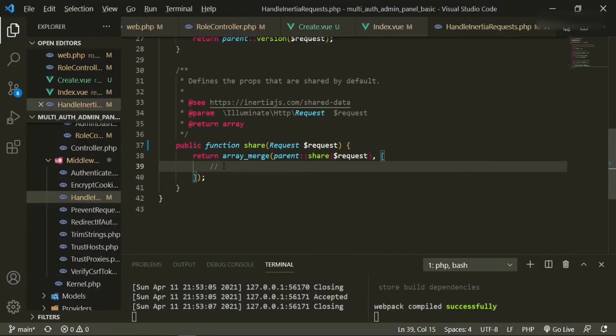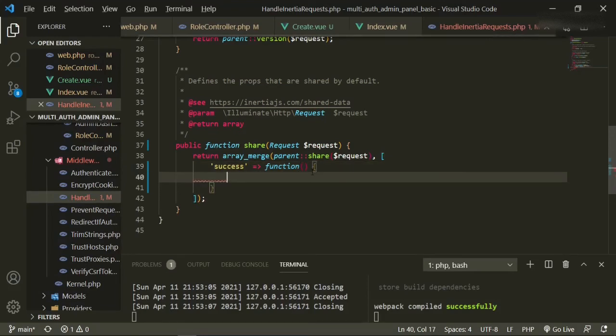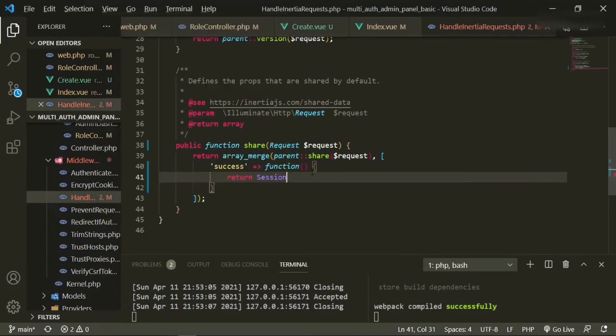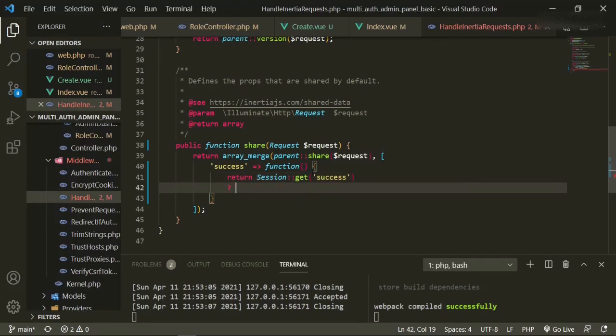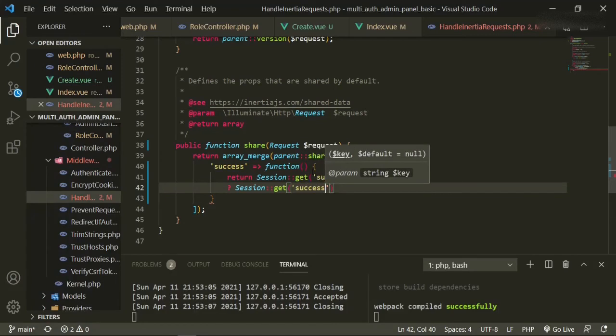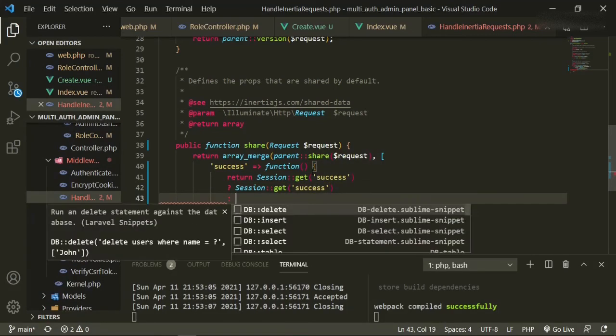So in here what we would need to do is we need to add success equals, because remember we're customizing these success messages, so it'll be function, open it up, return session, and we need to import the facade, get success, and then it'll be session get success, else return null.